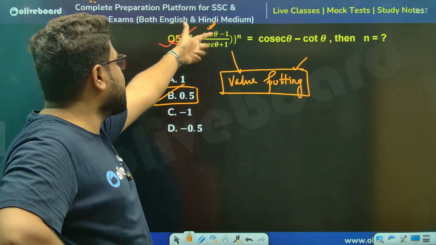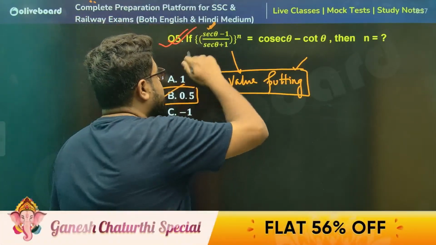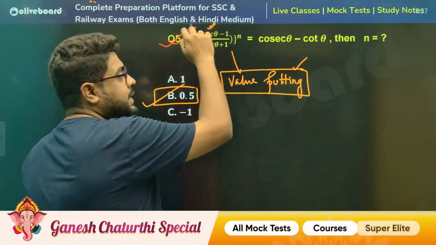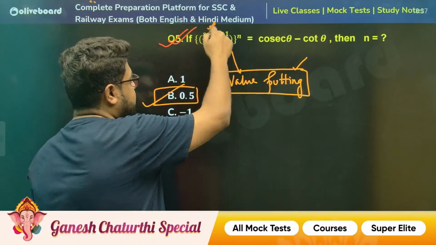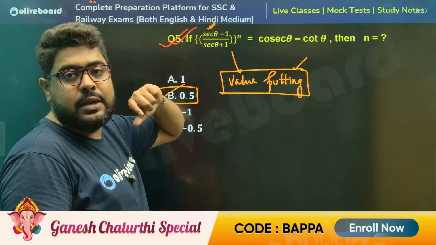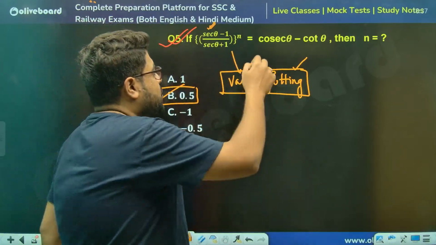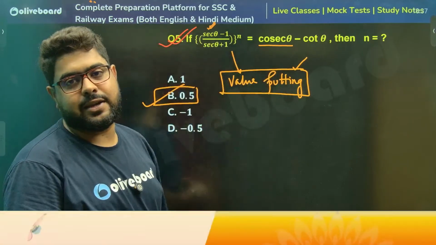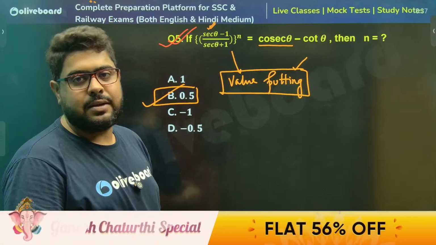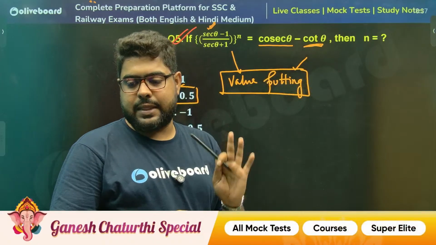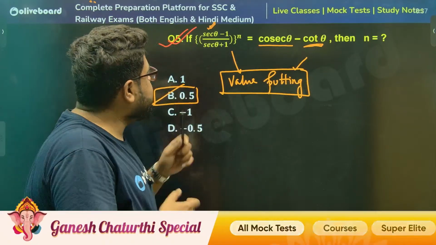Achha, cos 90, sorry, what I'm saying. Sir, cos 0 I can put, meaning theta is 0. Cos 0 is 1, sec theta is also 1. But if I put 0, sir, cosec will give us a whole lot of trouble. 1 by 0 is infinite. Not possible. And again, sir, 0 mein ye bhi gadbad karega. Not possible.